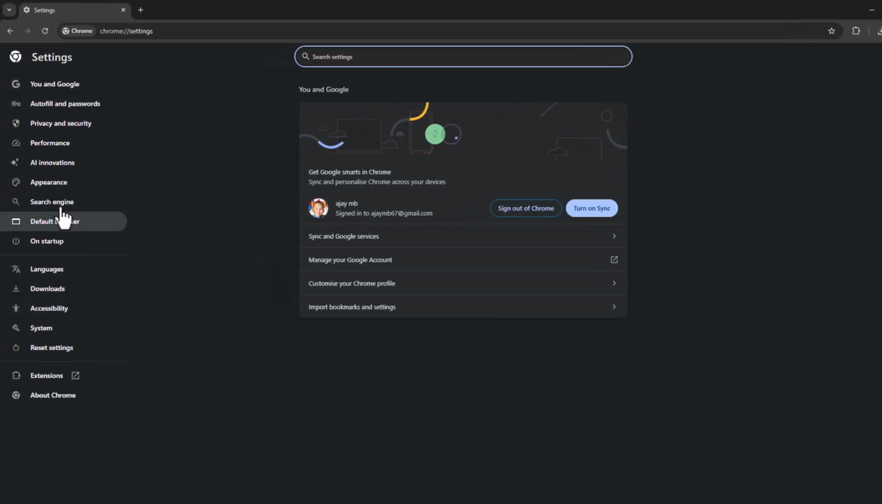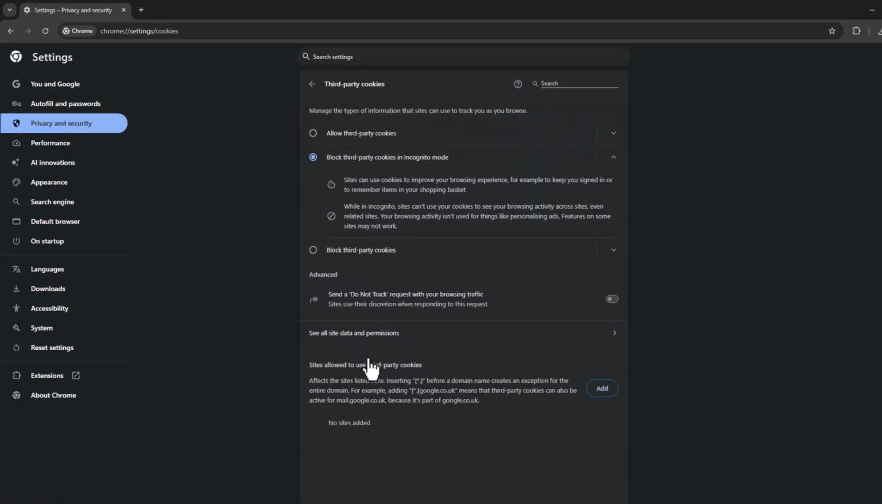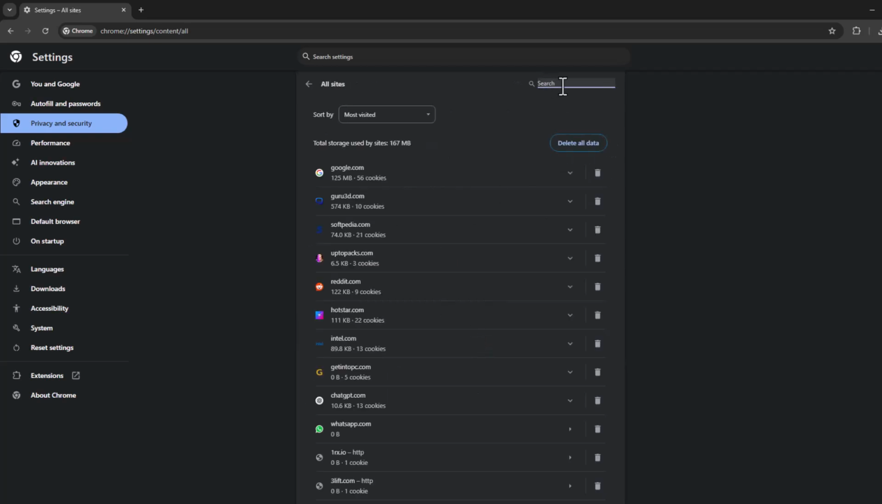On the left side, select Privacy and security. On the right side, select Third party cookies. Select See all data and permissions. In search, you just need to type the website name that you're getting this error on and select the trash icon